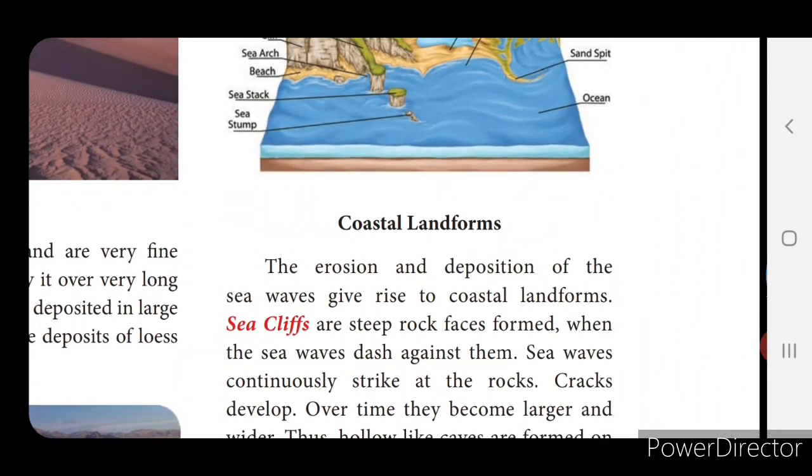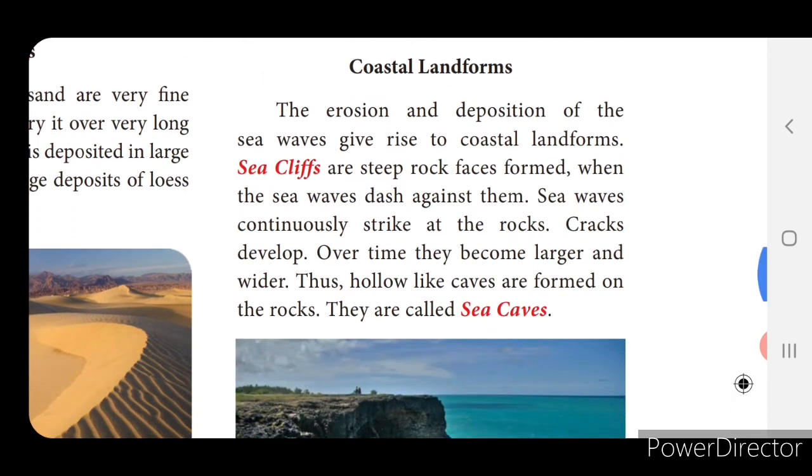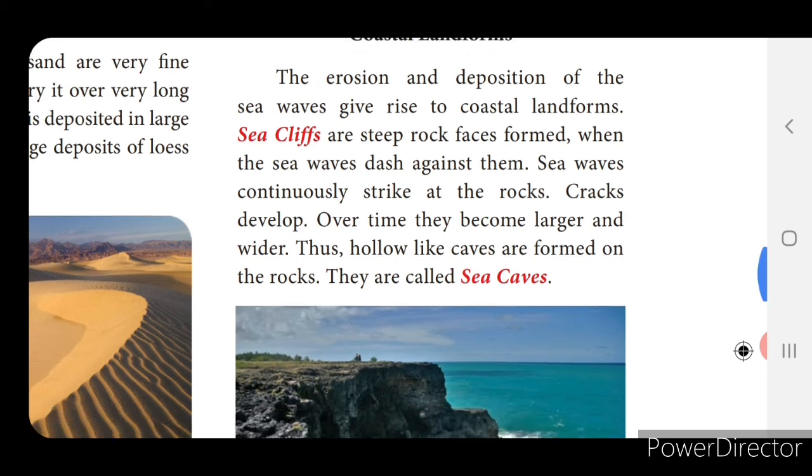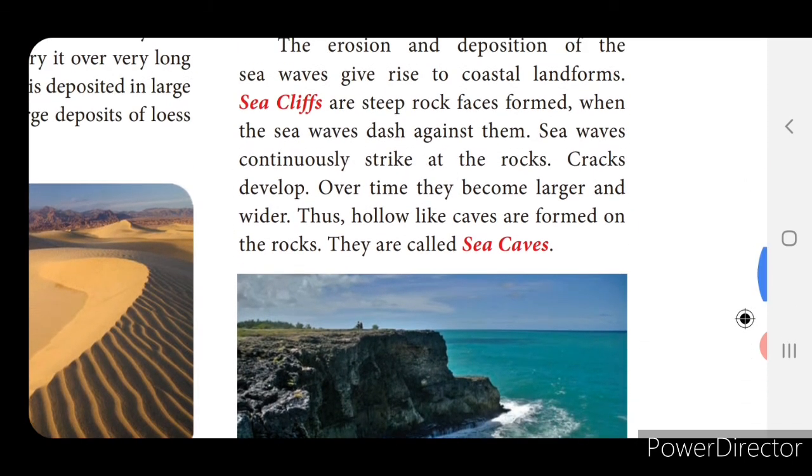So here, coastal landforms. The erosion and deposition of sea waves give rise to coastal landforms. You can observe this picture, sea cliff. Yes, sea cliff. So how are the sea cliffs formed? Sea cliffs are steep rock faces formed